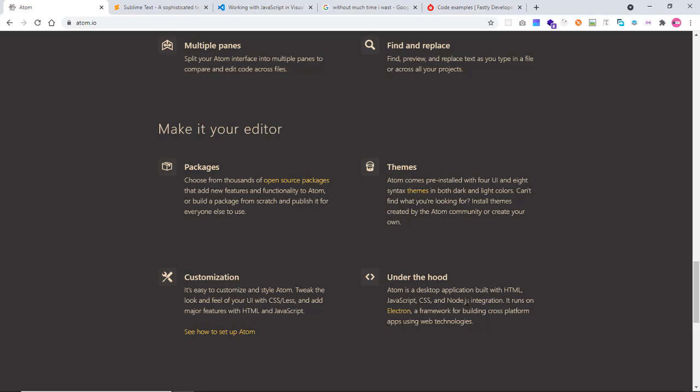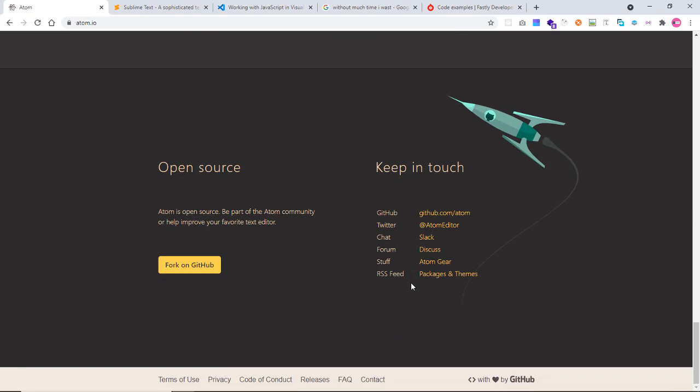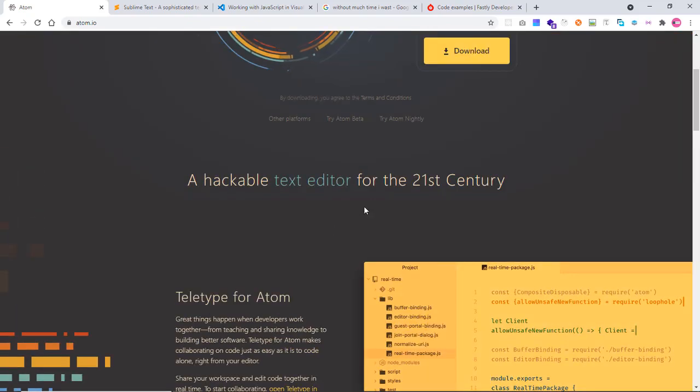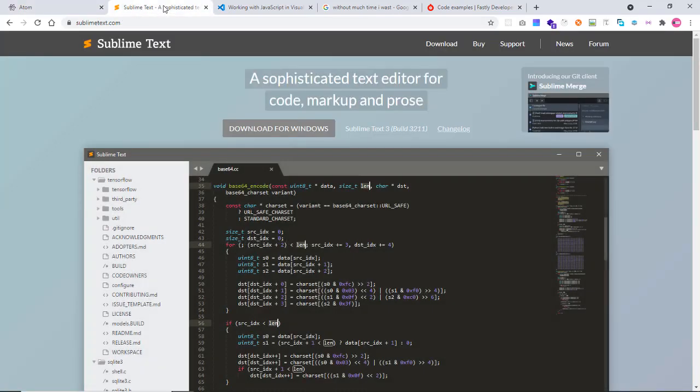It also comes with packages. Okay, so if you want to add some functionalities to it, it's very easy for you to add it to your Atom text editor. It's also open source, you can contribute to the project if you like, and you can fork it on GitHub and work on it or improve its features. But as a beginner, you can start with this and it's really cool. Now let's go to my second